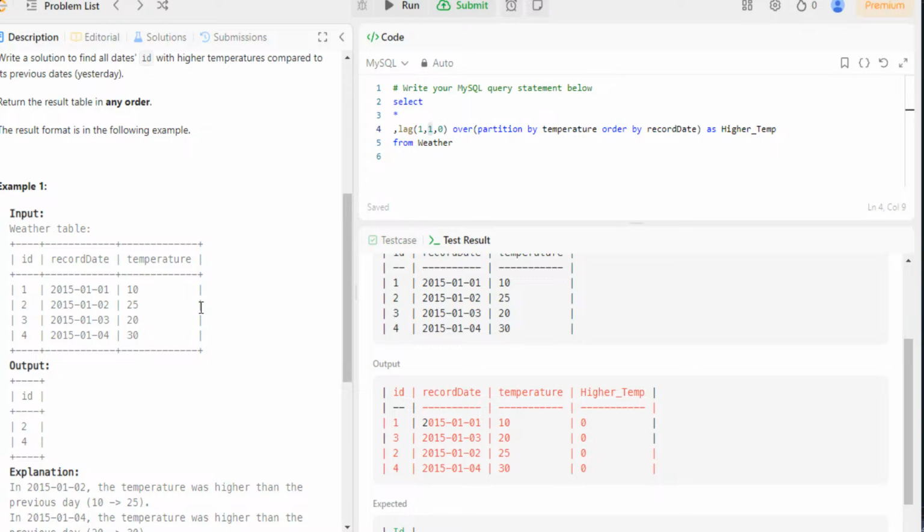So what we want to do is create a new column over here that's going to flag row 1 with a 0, row 2 with a 1, row 3 with a 0, and row 4 with a 1, because its previous date's temperature is lower than it. And then we want to flag that. So we're going to work on this case when. So I'm close, but